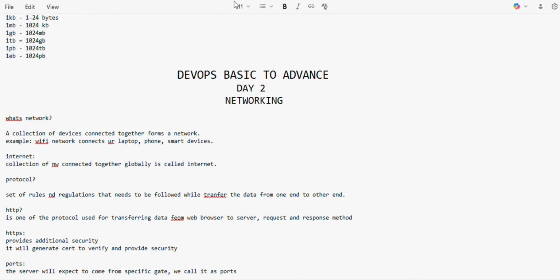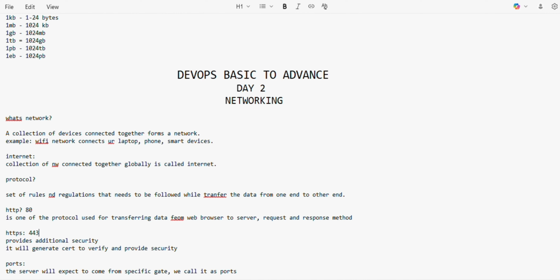All the protocols run on different ports. For example, HTTP is running on port number 80 and HTTPS is running on port number 443.